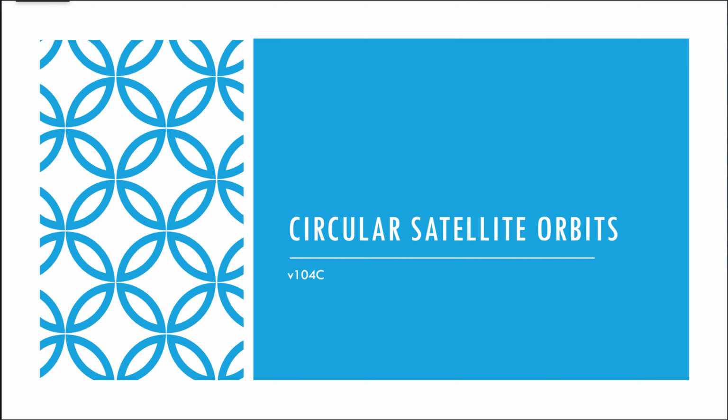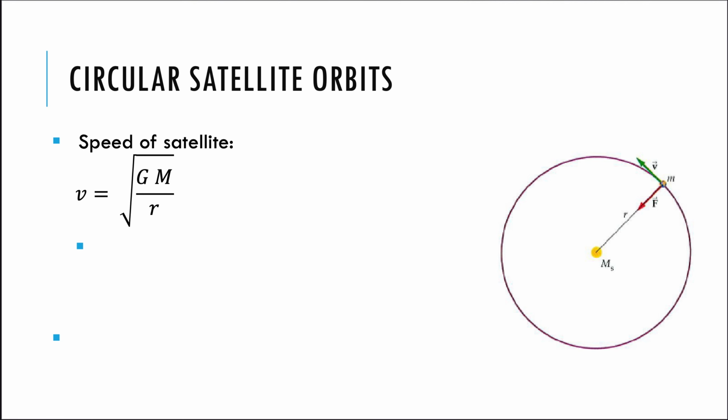This is video 104C on circular satellite orbits. This video is really a continuation of the Kepler's third law that we just saw in the previous video. If we're looking at circular satellite orbits, then to figure out how fast these satellites are going, now note, what